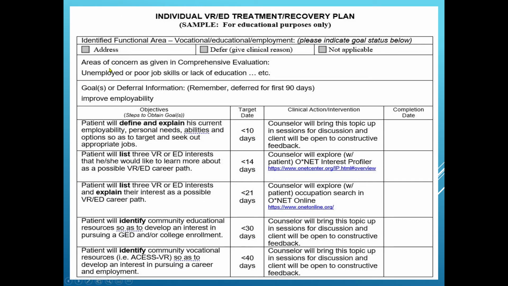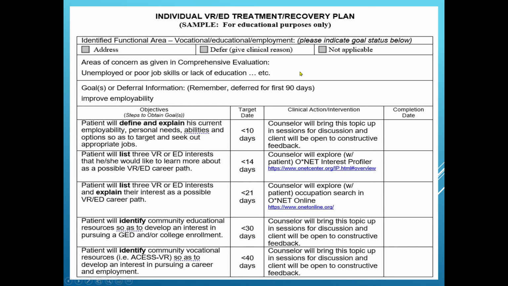So the area of concern is the patient is unemployed or has poor job skills or lack of education, or it could be anything. You know what the presenting problem in this area could be, but sometimes it's, didn't complete high school, always felt disappointed, did just enough to get by, failed out. There's all those issues, or can't keep a job.